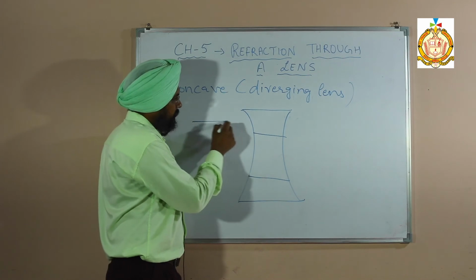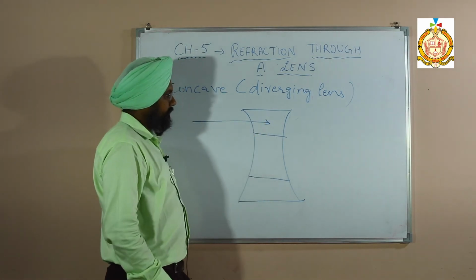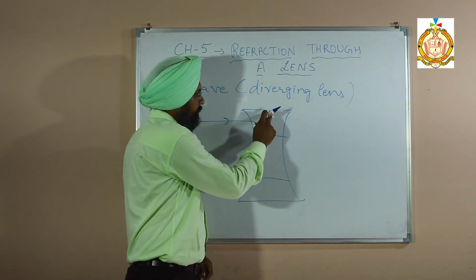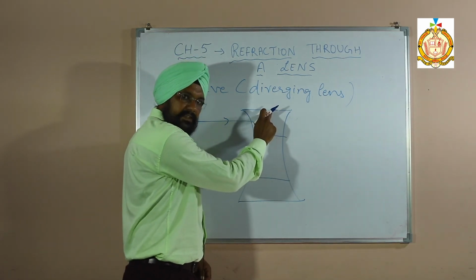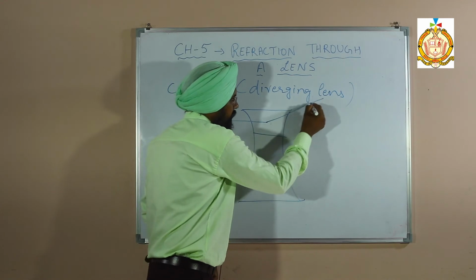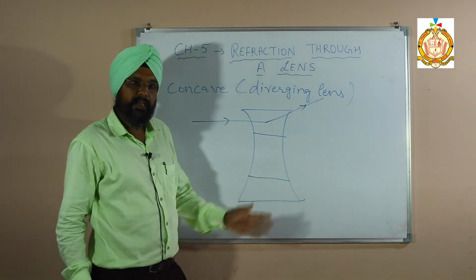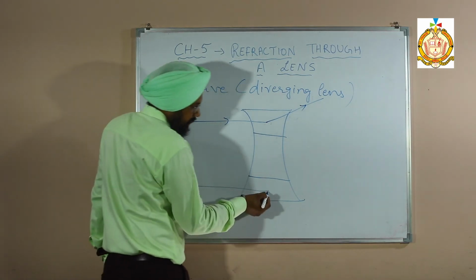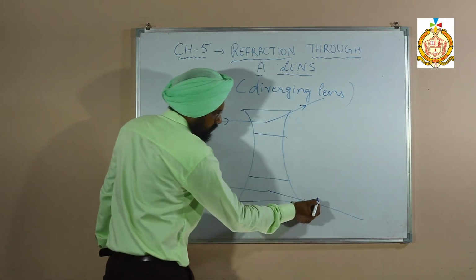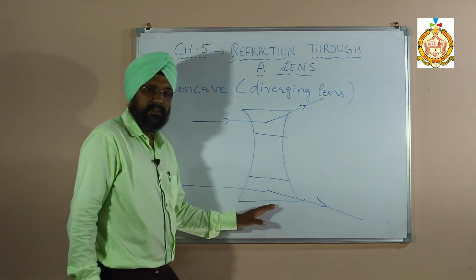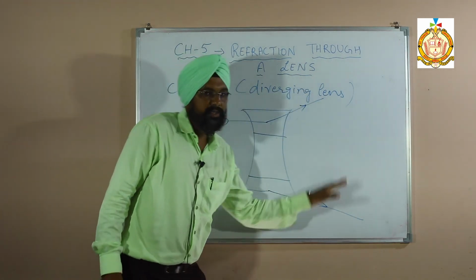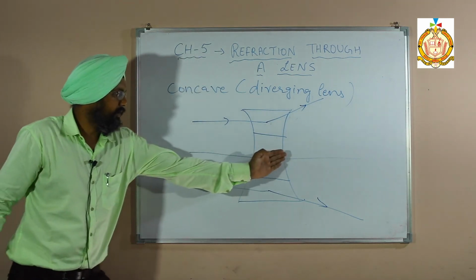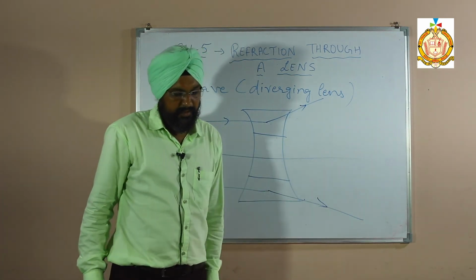When the rays come, they pass into the prism and bend toward the base side. This is the base side, so it bends the rays upward. In the same way, when rays come on the down side, they bend down toward the base side, so the base is downward and it diverges the rays from the center. The rays at the center go undeviated.